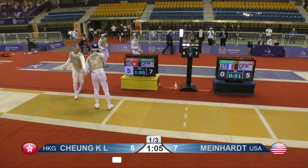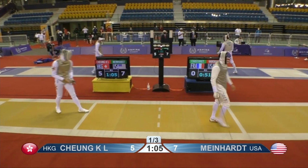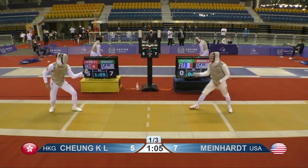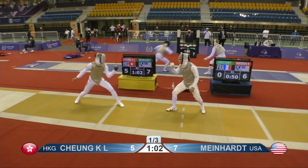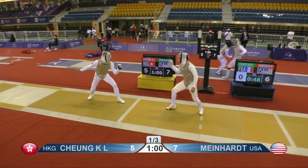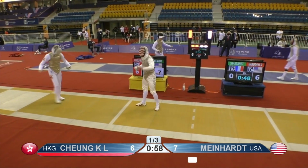Okay, Garrick rushed it a bit and had his arm pretty back. Kind of a French style running attack off the line there. Cheung gets one off-target light with his counterattack. Alright, Garrick very slow on the march again. This is a little slower than he likes. And Cheung again tries that kind of...